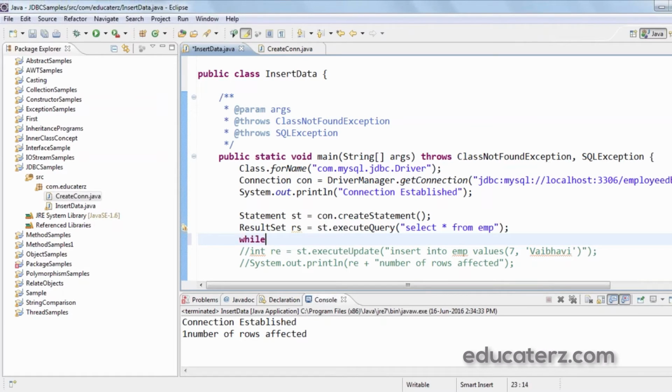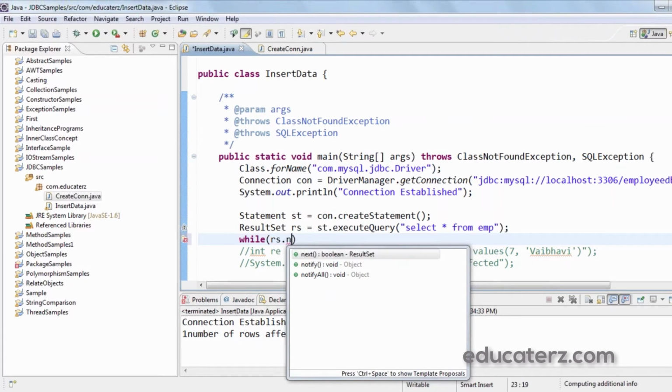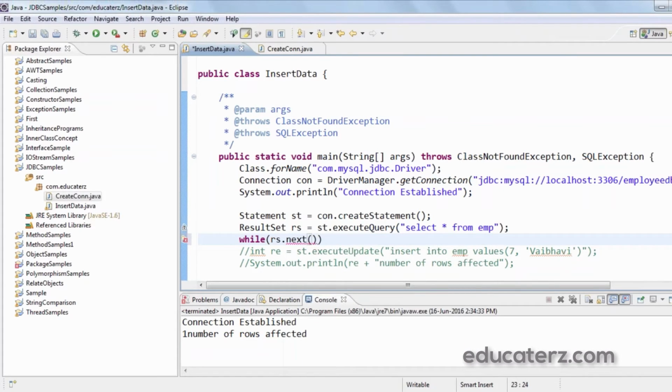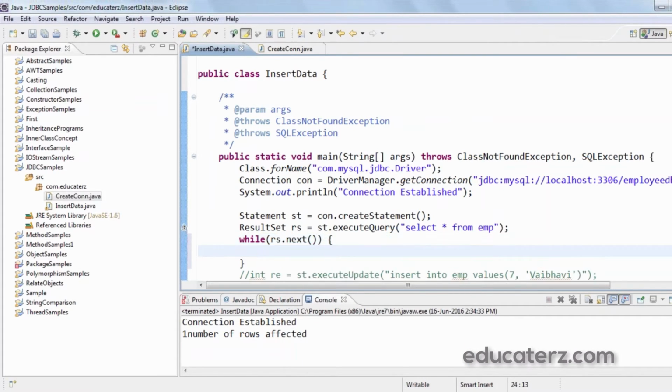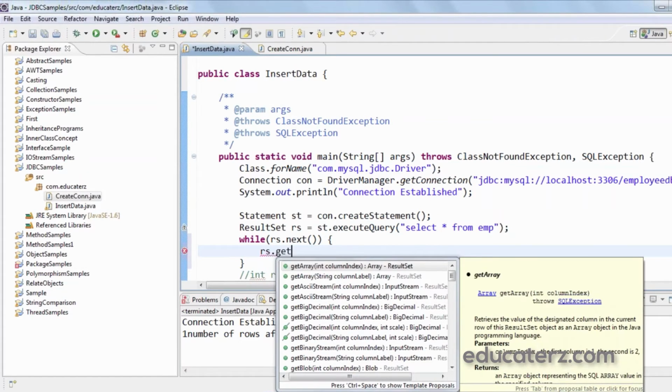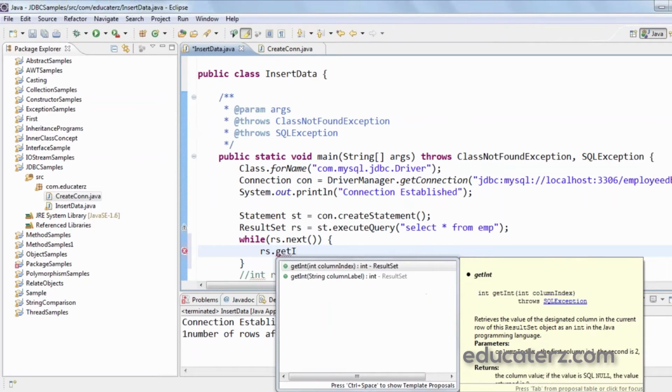So I just say while rs.next, which returns a Boolean value whether a record is present or not. If the record is present, then I have to get it using rs.get. First is EMP number, so that is getInt of column index.